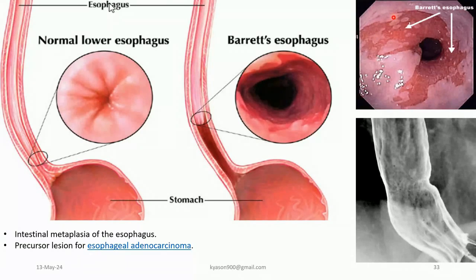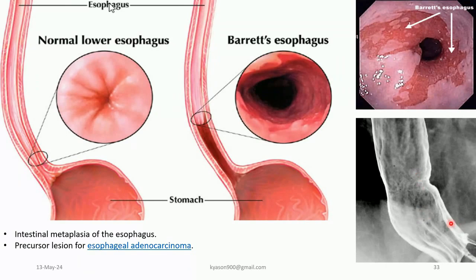And of course, such scenarios can predispose to cancer, esophageal adenocarcinoma, because of the ongoing inflammation that is not being managed. That complication of intestinal metaplasia is called Barrett esophagus, and it can be a precursor for esophageal cancer. Okay, so I said ongoing or long-standing cases of GERD can result in erosion of the esophageal mucosa, and